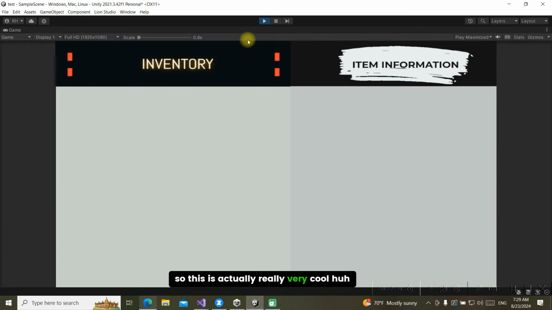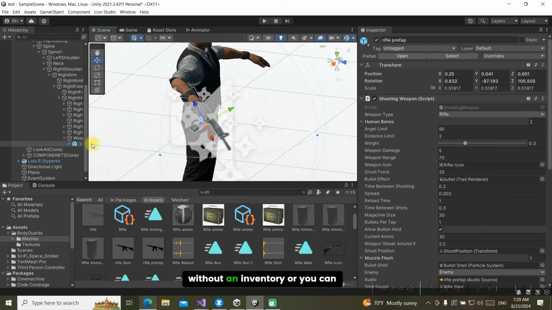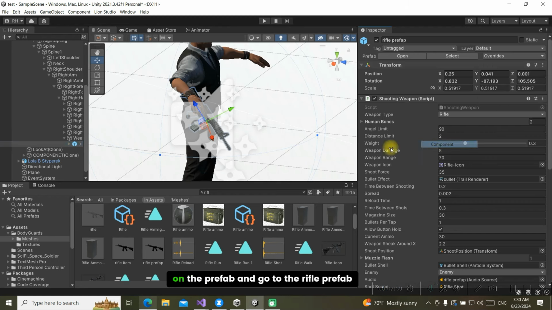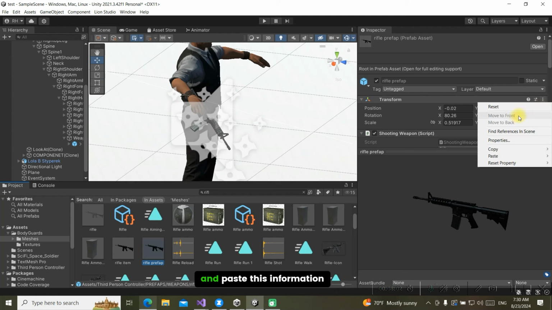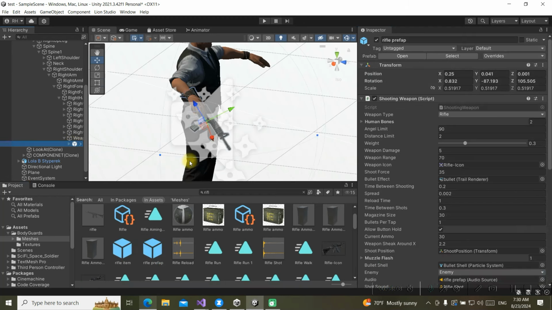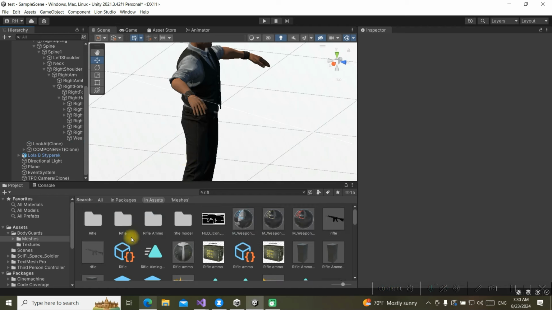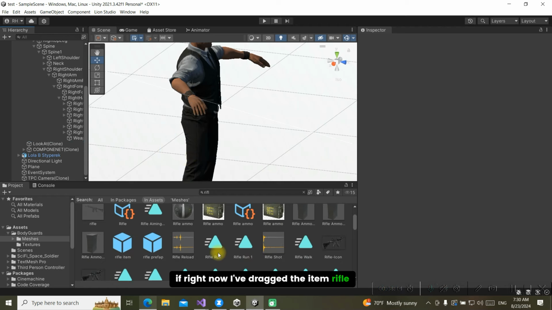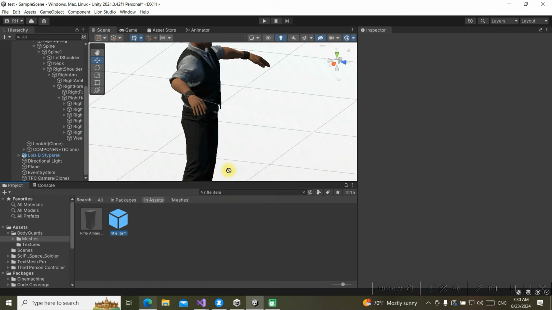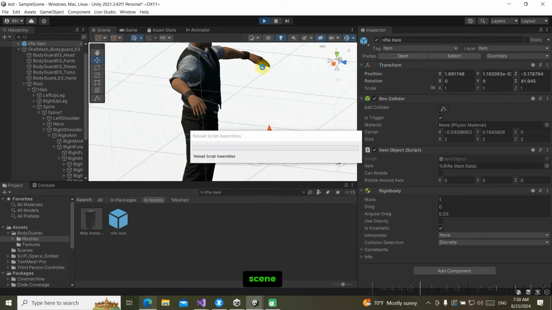So this is actually really very cool, huh? You can use it as a rifle without an inventory, or you can just copy this component which you have here in the rifle, which is on the prefab, and go to the rifle prefab and paste this information. You only have to do this once for one weapon. Right now I've dragged the rifle item, and if I drag it one more time into the scene,